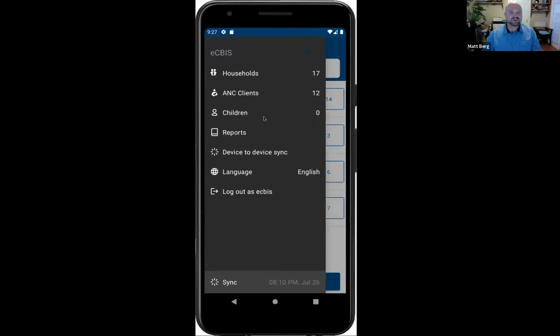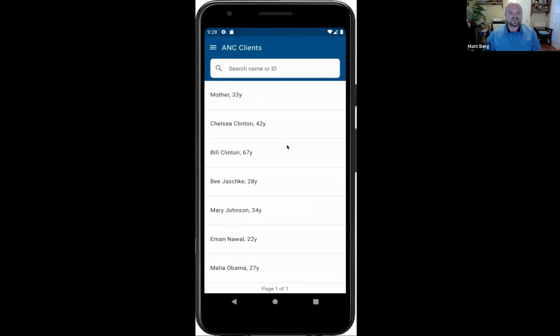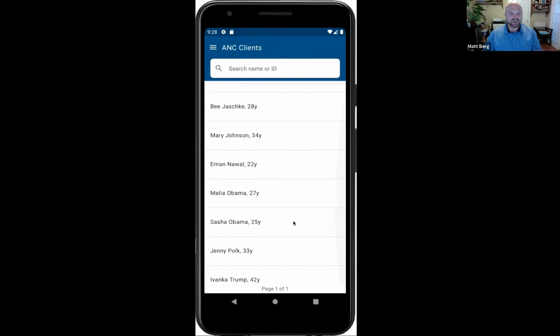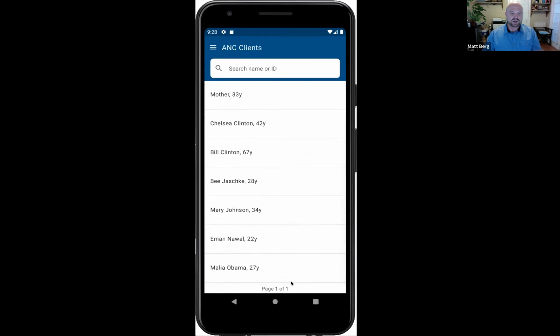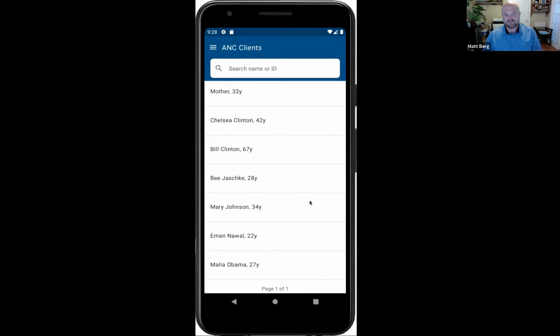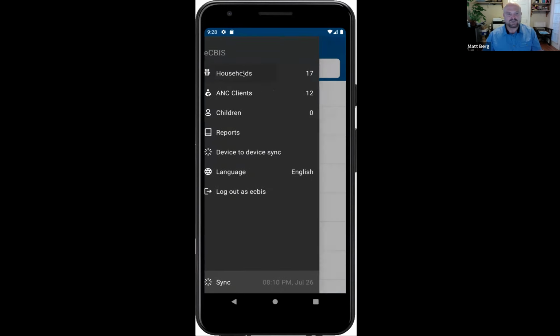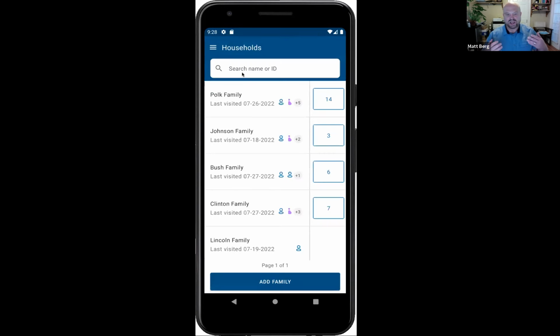We also have different registers. Besides the households, we're also able to extract out the women that are in ANC. The UI is still a bit of a work in progress, but you can see the different women that are assigned to a care plan. One of the things that FHIR introduces is this idea of a care plan, and that's basically a way of saying,